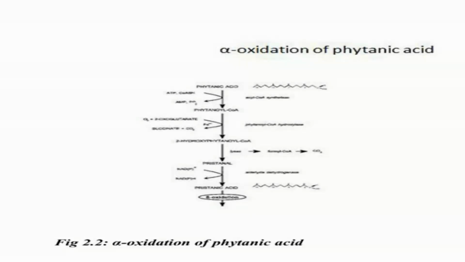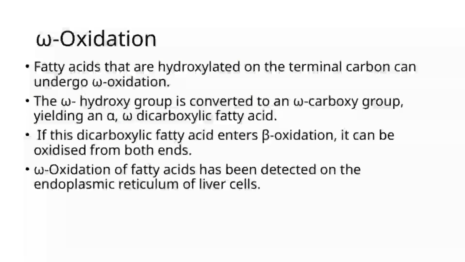Let's talk about fatty acids that are hydroxylated on the terminal carbon. These can undergo a process called omega-oxidation. Essentially, the hydroxyl group at the omega position gets converted into a carboxy group, which transforms the molecule into an alpha-omega dicarboxylic fatty acid. Now, this is interesting because once you have this dicarboxylic acid, it can enter the beta-oxidation